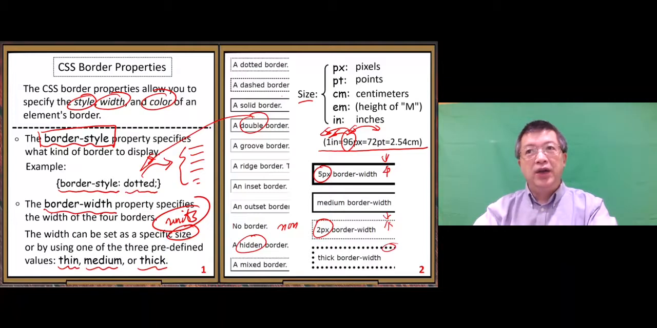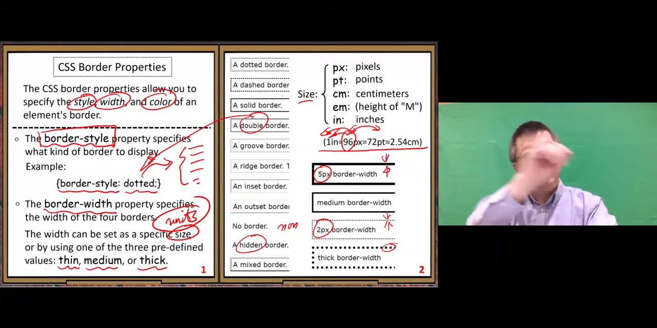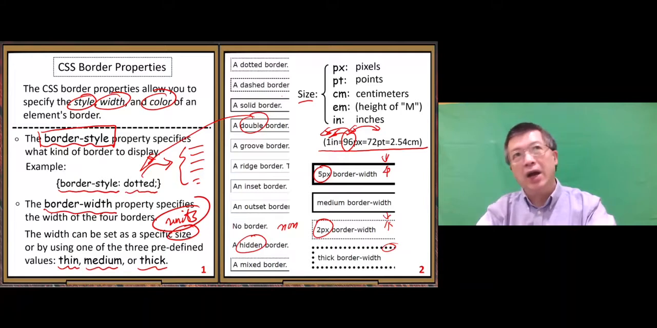In your real world design, you need to do experiments. You need to try different ways, and see which one looks better, right? You need to do a lot of experiments to finally get the best design. All right, so next,